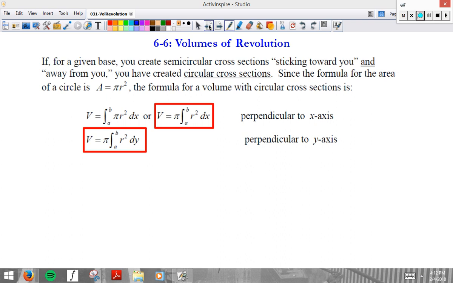Here we go. If, for a given base, you had a semicircular cross-section sticking both toward you and away from you, you would have a circular cross-section. So, for the circular cross-section, the area would be pi r squared, which would be pi r squared dx for perpendicular to the x-axis, pi r squared dy perpendicular to the y. Again, this is based on the idea that the volume equals an integral of an area times a dx,